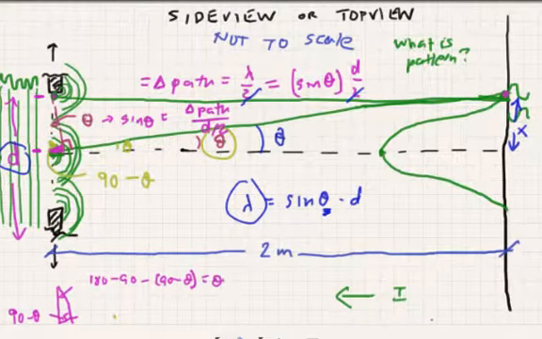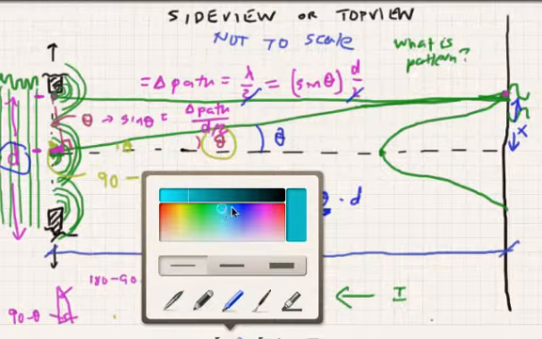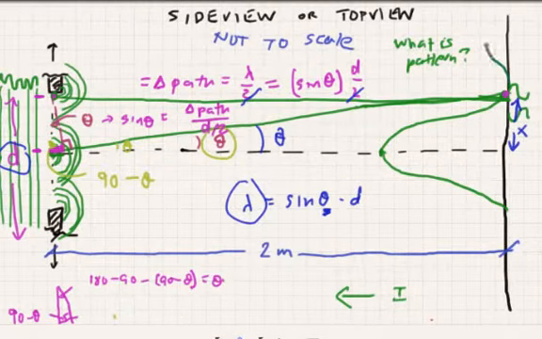Okay, what if instead we want to know the distance between the first bright spot and the second bright spot? How would that change what we're doing here? Well, if you look at the second bright spot that forms, you know the second bright spot is a result of the waves from the center point and the waves from this point being in phase with one another. So if we were to draw this triangle out one more time,